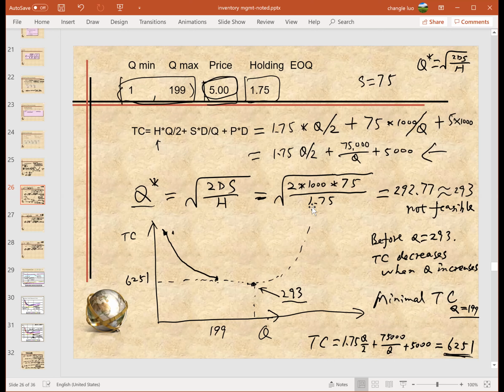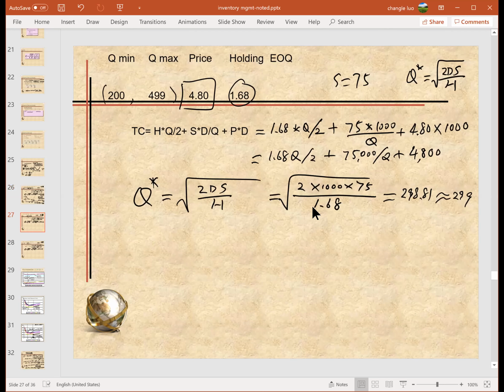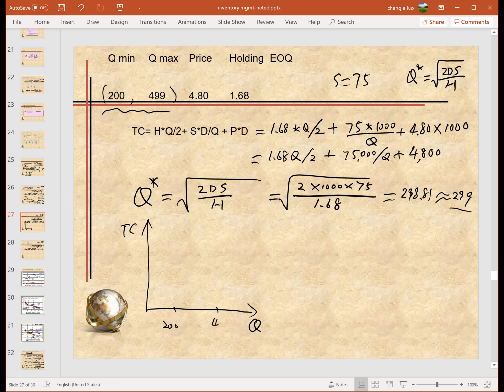And then we're gonna do the second one. The second one is right here. So we're gonna have a curve, again, total cost. So I'm gonna have to be careful with this space here. I have limited space. This one here is between, remember, the units possible quantity is between 200 and 499. And the minimal is 299. So we can imagine that from here is 200, from here is 299,